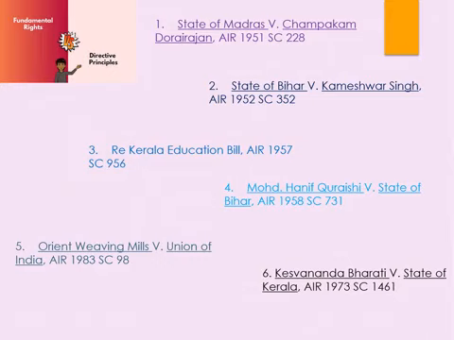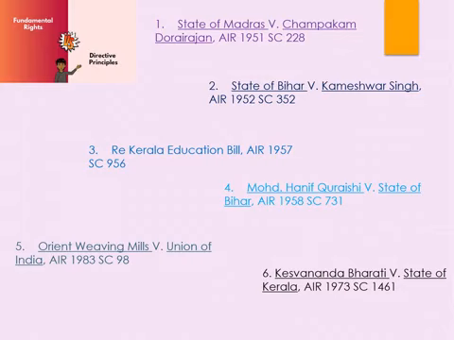As we go through all of these aspects which differentiate the directive principles of state policies and fundamental rights, the question still remains: which one is more superior, the directive principles or the fundamental rights? Now, the conflict between the fundamental rights and directive principles can be understood with the help of a series of landmark judgments as shown here. Now, the first case is the State of Madras versus Champakam Dorairajan. In this case, it was held that in case of any conflict between fundamental rights and directive principles, fundamental rights would always prevail.